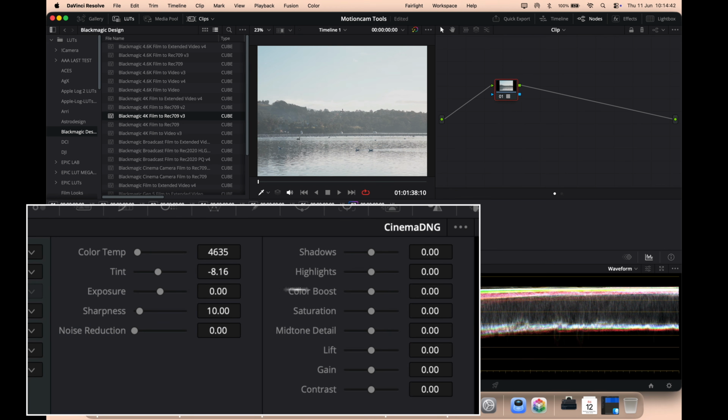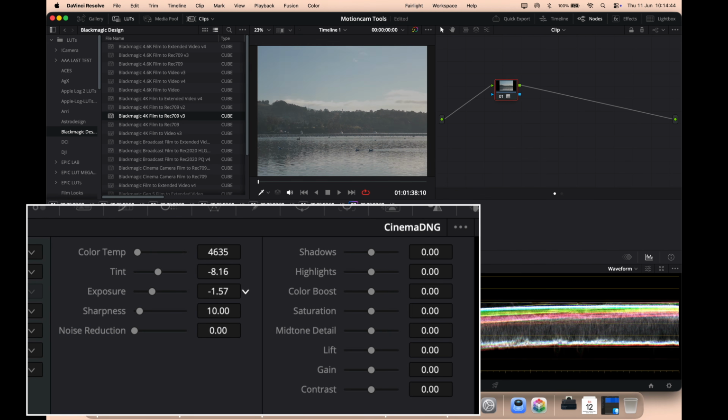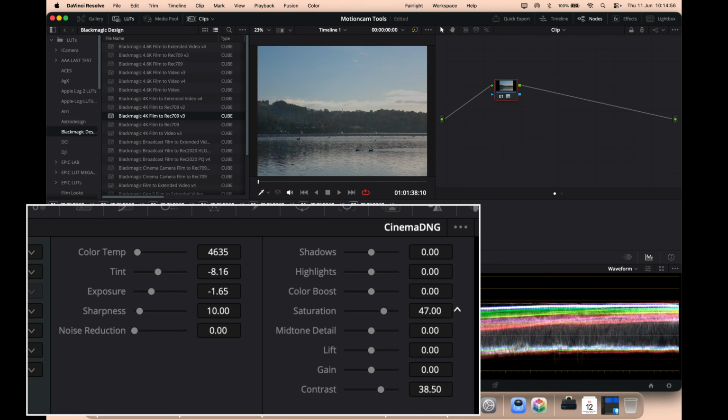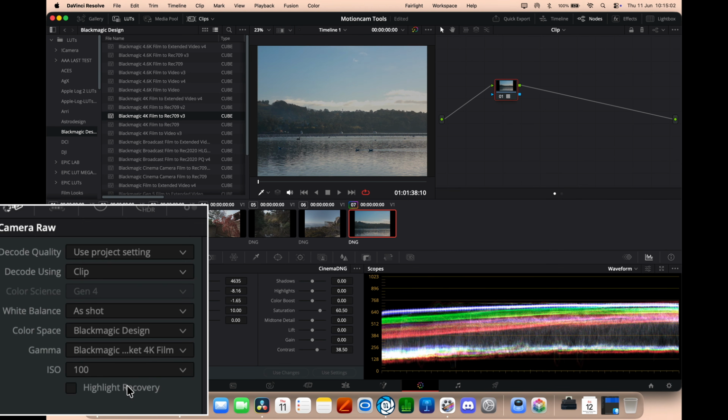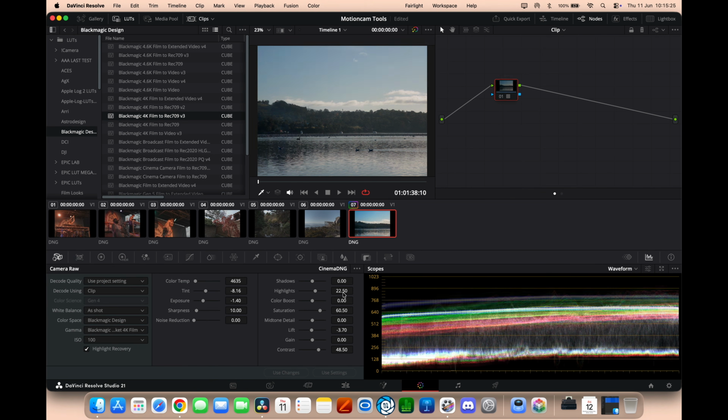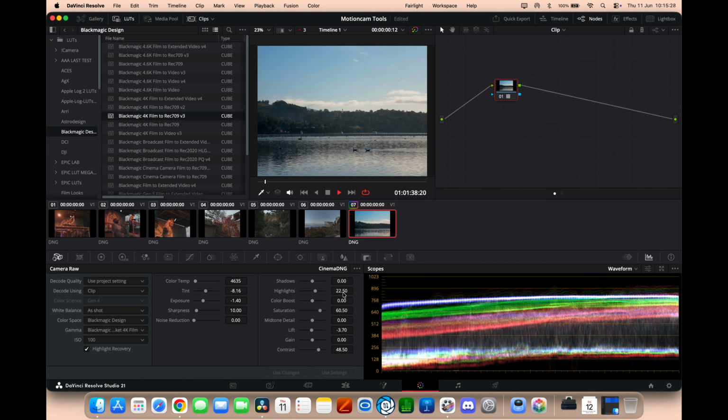From here I can use the Camera Raw tools to adjust exposure, contrast and saturation until I arrive at something I'm happy with. And because this is RAW, I can even enable highlight recovery and get my clipped highlights back in the sky. That's the simplest workflow. Another common workflow, and my preferred one, is to use a color space transform to convert